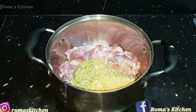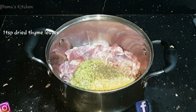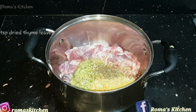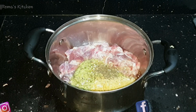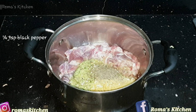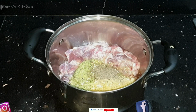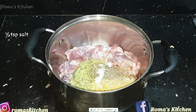Then I'm also going to go in with some dried thyme leaves. I'm just going to be adding in 1 teaspoon, and if you have your fresh thyme leaves, you just add your fresh thyme leaves instead. Next, I'm going to be adding in a quarter teaspoon of black pepper, then a half teaspoon of salt,